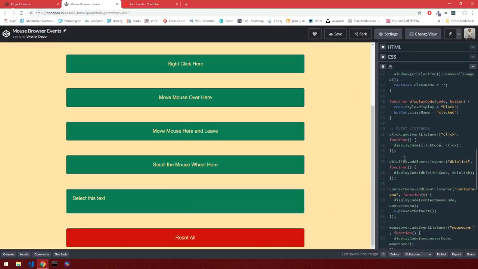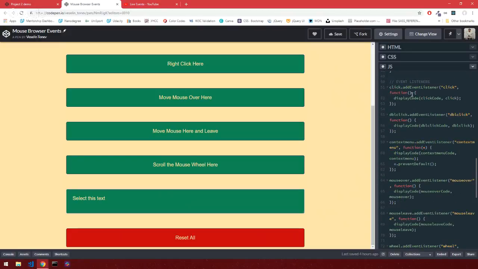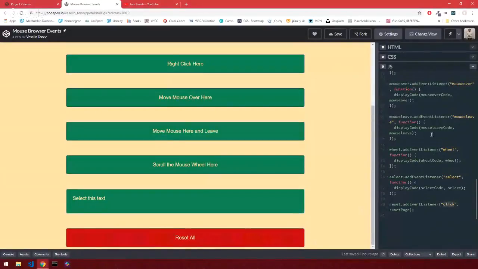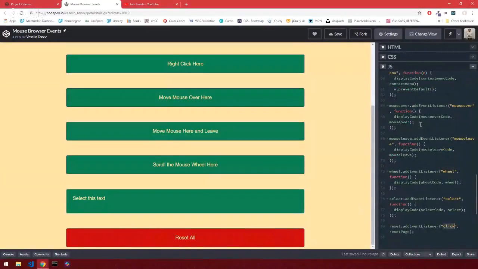And here are the event listeners. So here I am using the method I mentioned a bit earlier, add event listener. This here takes in two parameters. It takes the type of event, so here the click, here I'm using double click, the context menu, which is simply a right click, the mouse over, mouse leave, the wheel, the select, and the click again for this button. Here are all the events I have shown you here, and here you can see the prevent default